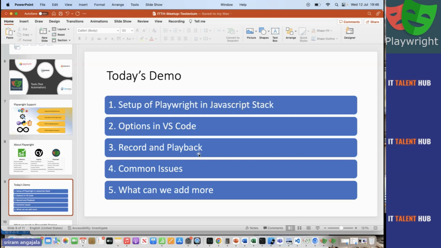Okay. And yes, coming to adding more: if you want to add more, the only thing I would say is page object model. We haven't done anything as of now. We haven't implemented any BDD yet. We can implement it. And we haven't done anything like multi-test, parallel testing, parallel browsers, all the complex things of automation. I haven't shown you here on purpose because it's a meetup. But if you want to learn more, you can always contact me.